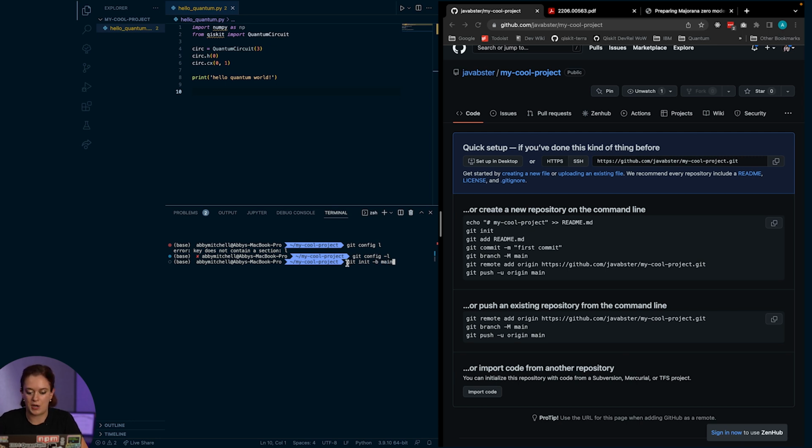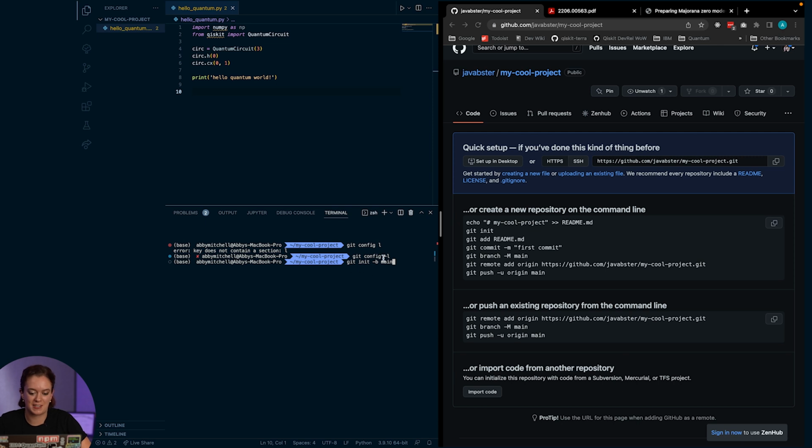So git init is the thing that actually initializes the project as a Git project, and -b main is essentially me saying that the code that I'm seeing here at the moment, which is just one file called Hello Quantum, as it currently looks, is going to be my main branch. It's going to be the single source of truth of that code. We're not going to discuss different branching strategies in this video, but at a later date, if you wanted to expand your project, you can have other branches of your code which differ from the main branch, but this main branch will always be the main branch, funnily enough.